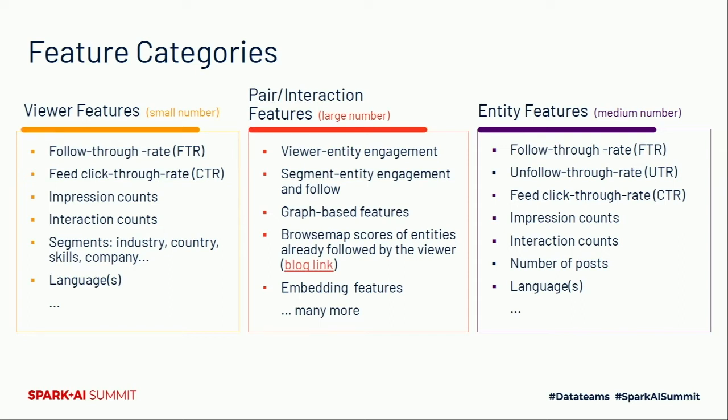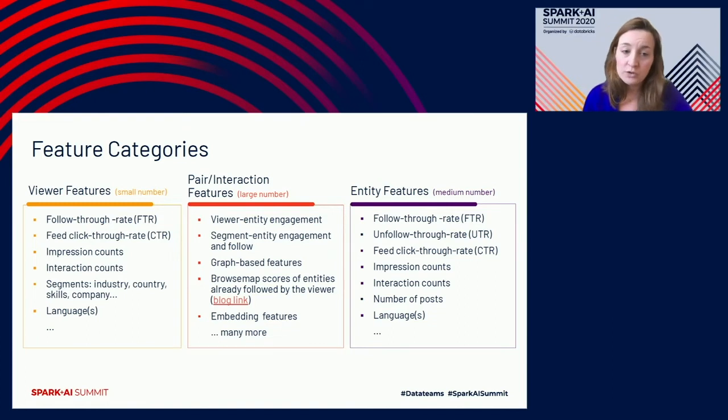Similarly, on the entity feature side, we have the similar features, except that we focus on the creation side. So how many times an entity posts something on the feed, for example, how many viewers interact with those updates, and so on. So we have a fairly small number of viewer features that we generate, a medium number of entity features, but the most valuable